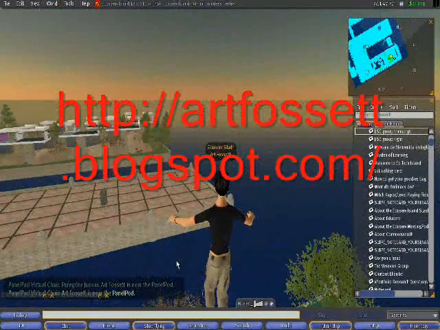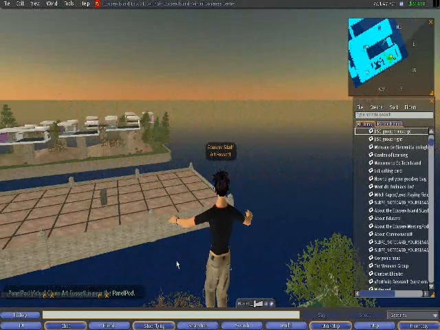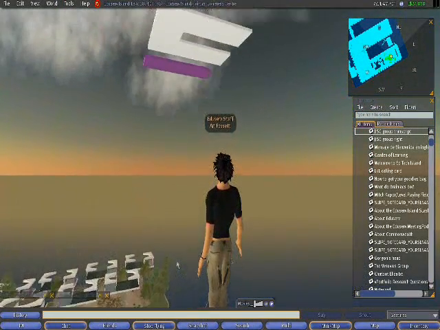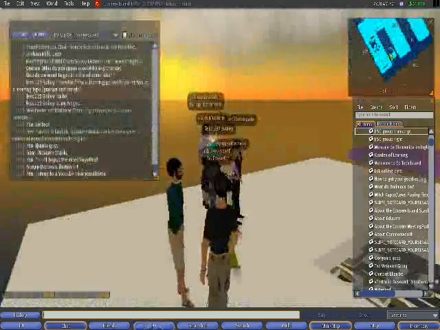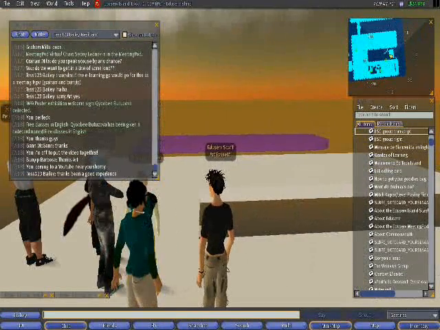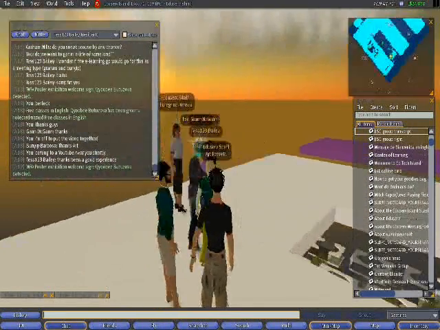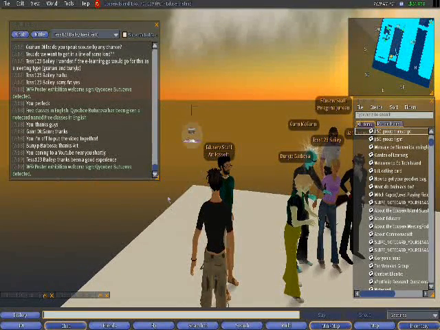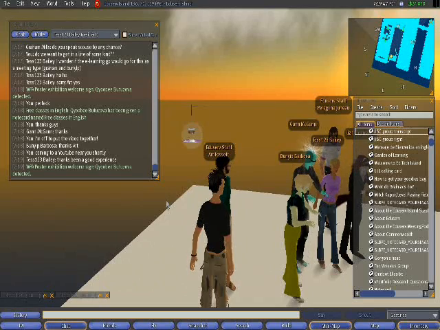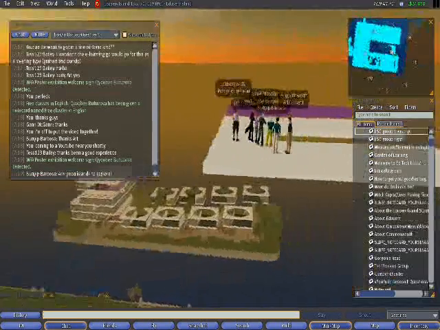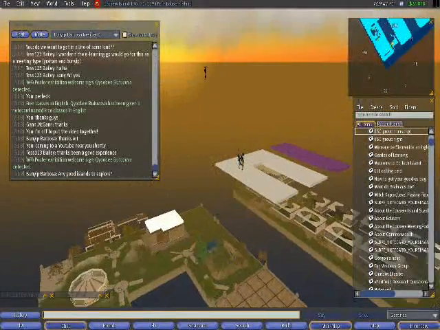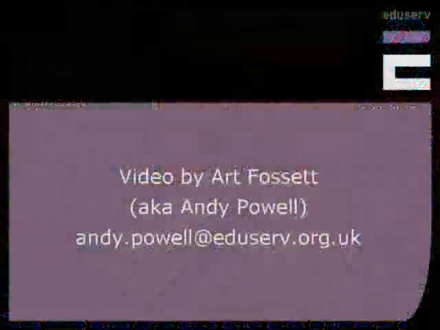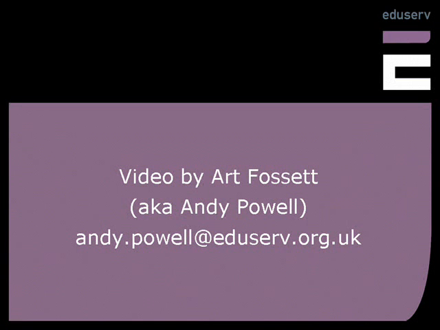So finally the idea was to have a group photo. Didn't really work out. I wasn't organised enough to get everyone into one place at the same time in order that we could easily take a group photo. Several of us flew up to the EduServe logo, which is somewhere above the Virtual Congress Centre, and we stood around there chatting for a while and got a couple of photos, but it wasn't with all the delegates, which was unfortunate. Anyway, I think overall the session went pretty well,